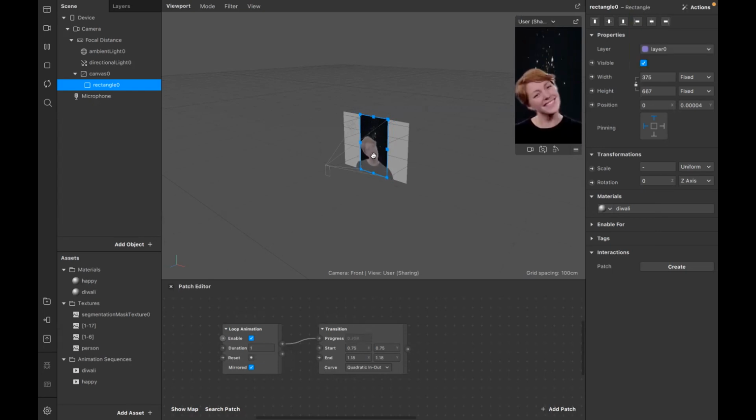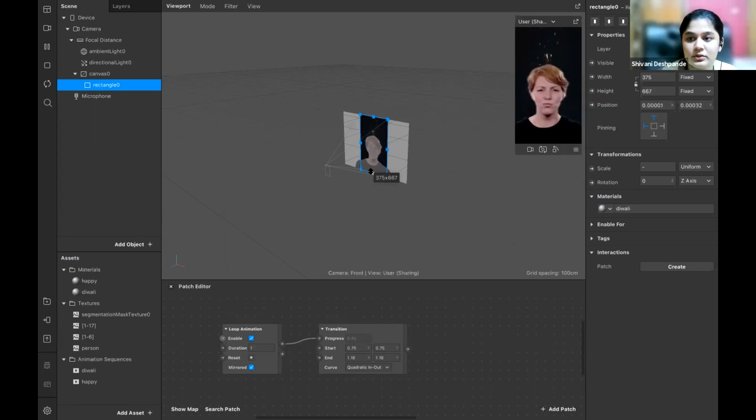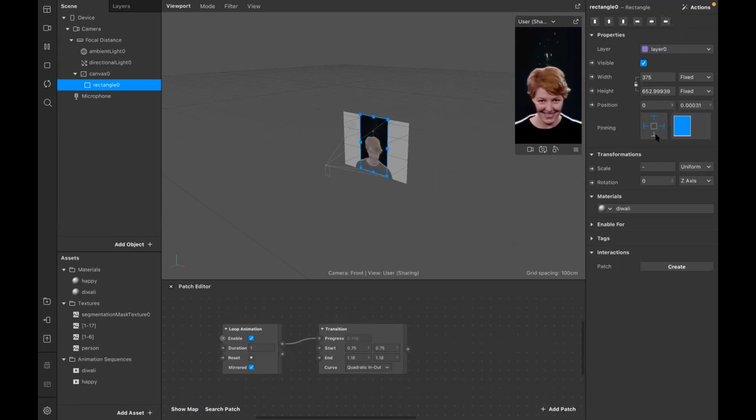Ma'am, currently in the rectangle the problem which I was facing is that when I preview it on my phone, it was looking something like this. Right hand side में cut हो रहा था, but यहाँ पे I think it was looking good. Okay, so यहाँ पे what you can do is right में position, go back there please. Right में position में you have the pinning option. Yeah. Right? So वो सब साइड से pin कर दो.